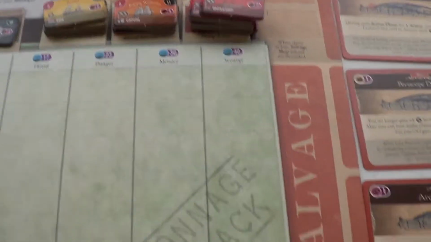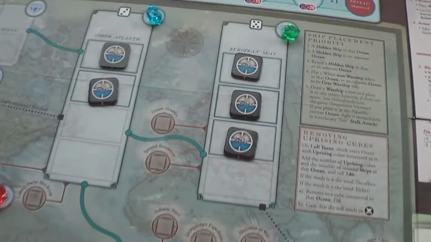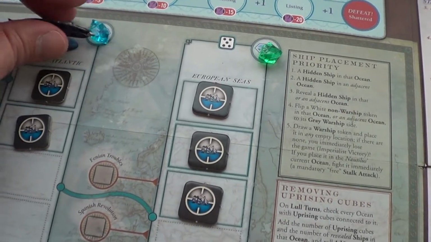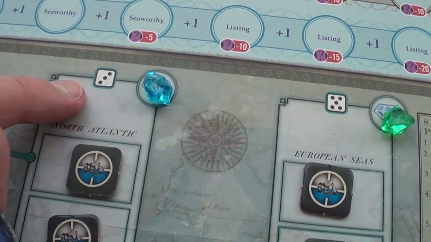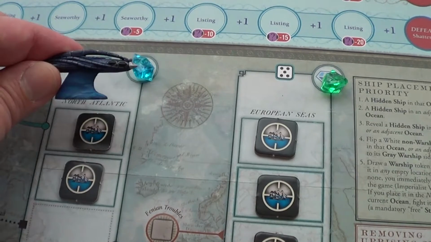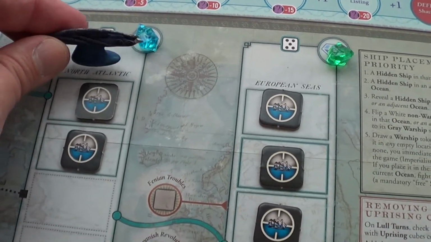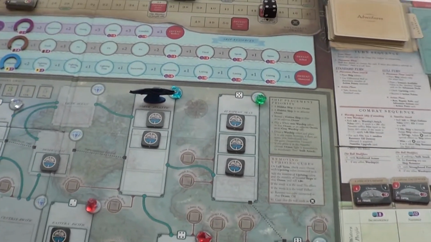Take a die, roll it, 3 each. So then you can place the Nautilus in that ocean. It has the 3. Place the Nautilus. It comes with a white Nautilus. I just painted this one not very well, but anyway,